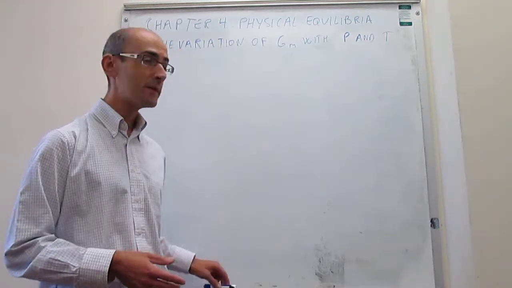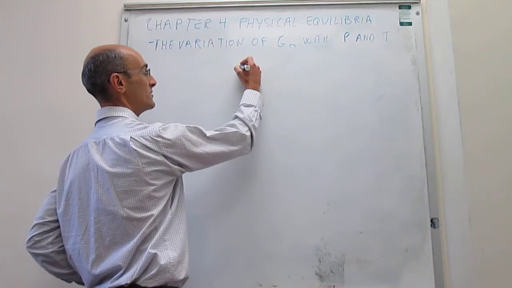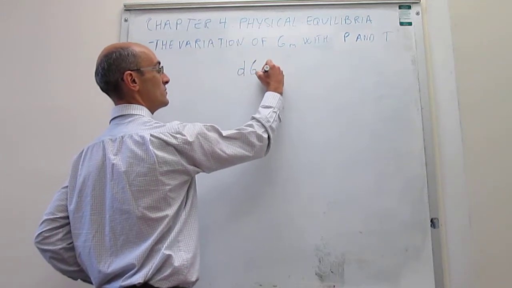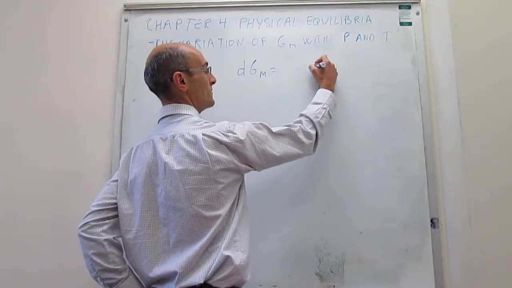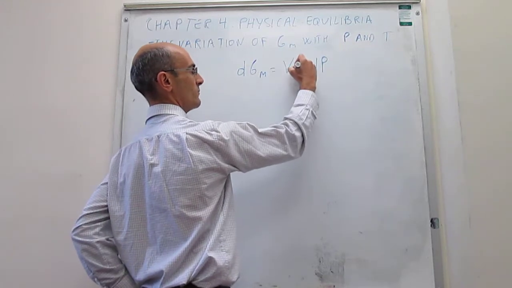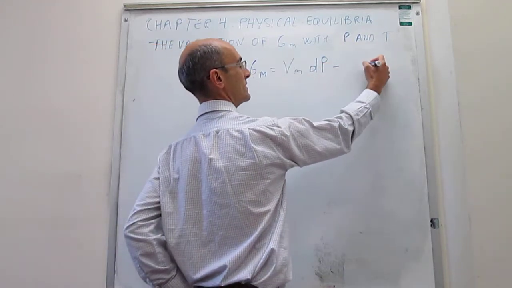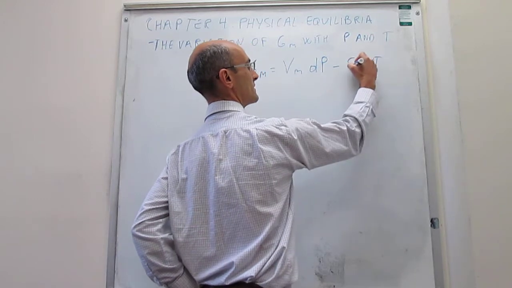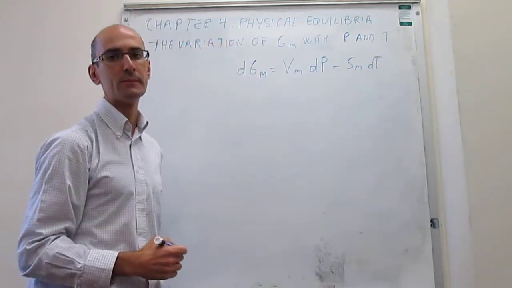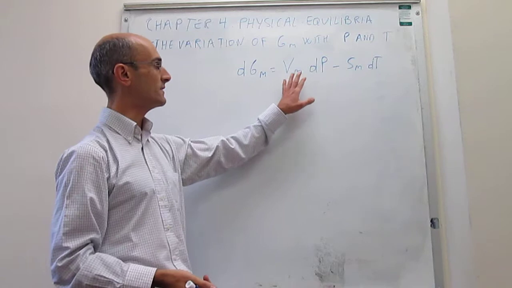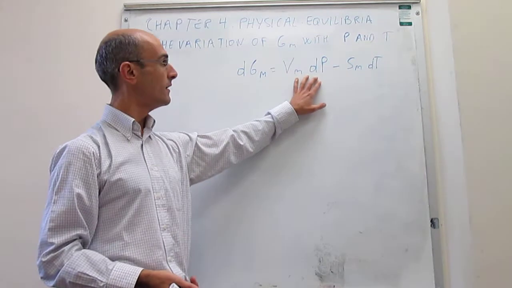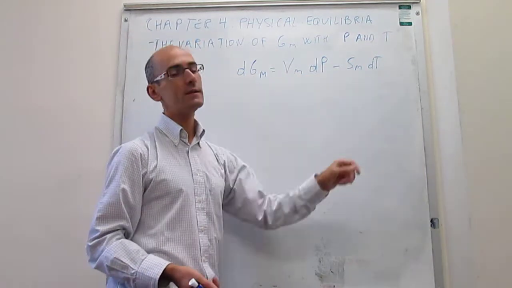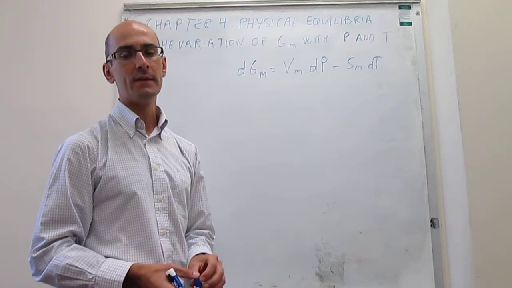Now, in a second video, we have studied how the molar Gibbs energy depends on the conditions. What we learned is that the molar Gibbs energy only depends on two variables. One of them is the pressure, and the dependence is through the molar volume. The second one is temperature, and the dependence is through the minus molar entropy. So in a prior video we studied this dependence very well. And what we're going to do right here is study how the molar Gibbs energy depends on the other